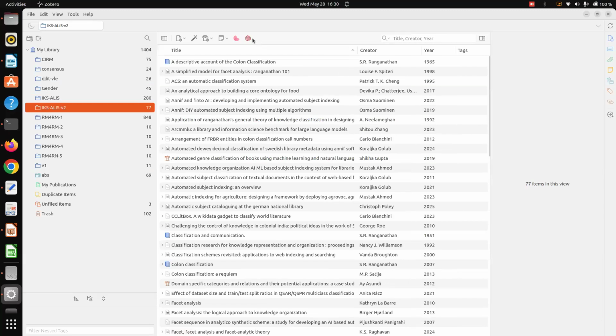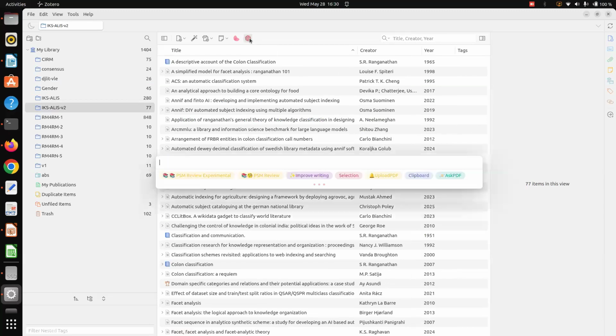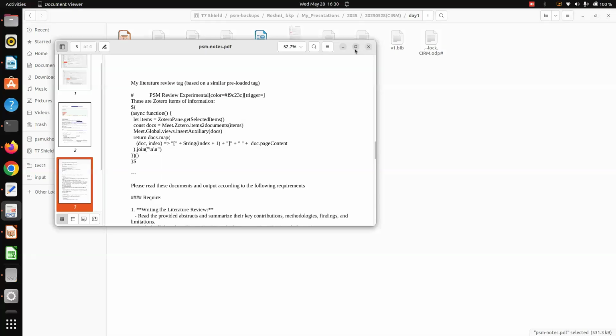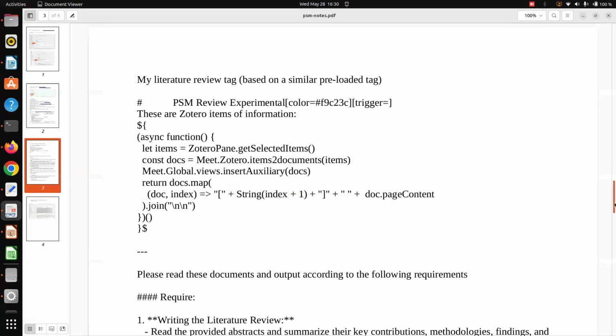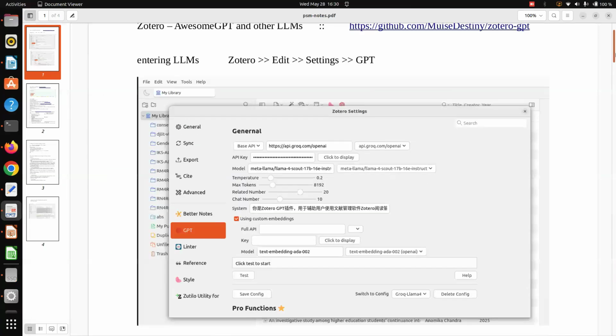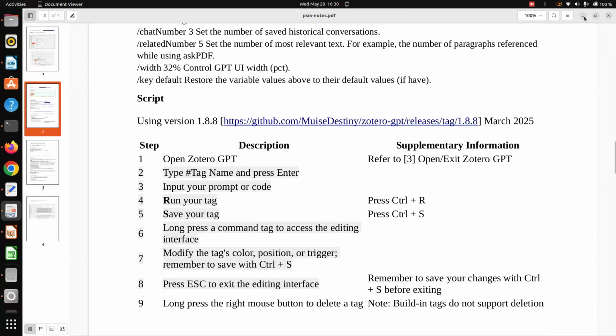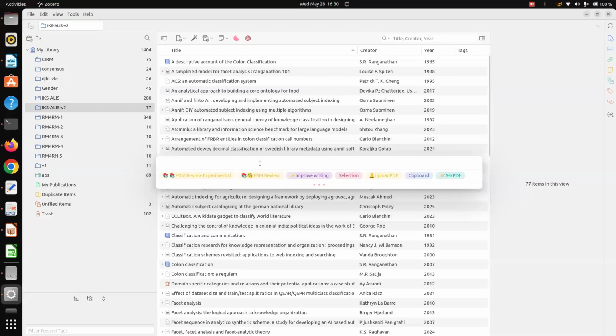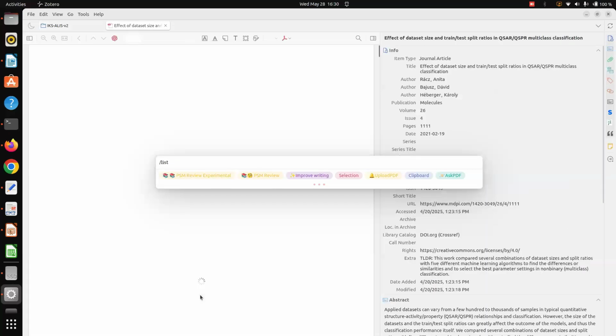So the moment I am having this Zotero GPT plugin, we can do it here. I have prepared one particular note for you on how to do that, the particular steps in Zotero, step by step what you need to do. So here what you see first, I can say list all of my LLMs here.